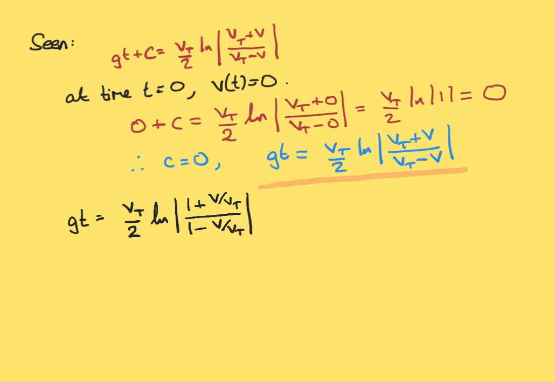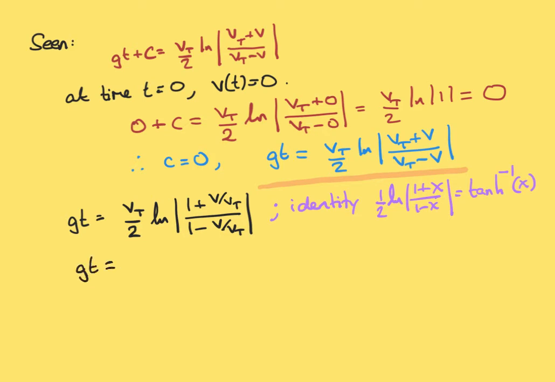And the identity which we're going to use, and as I say, I'll prove it at the end, is that 1/2 times the logarithm of (1 plus x) over (1 minus x) is equal to the inverse hyperbolic tangent, so tanh to the minus 1 of x. And I will prove that at the end. So this tells us that we can rewrite this equation as gt